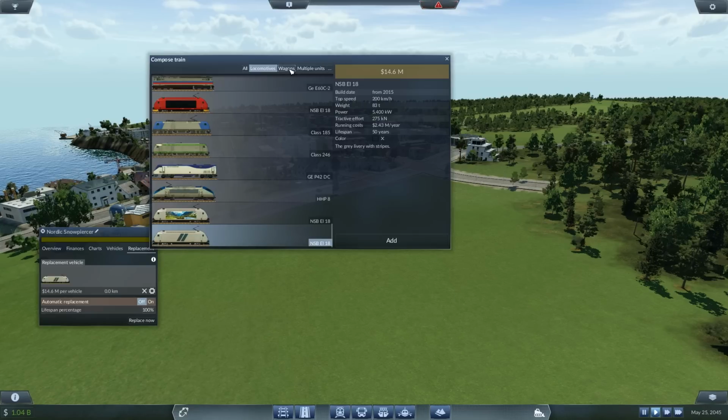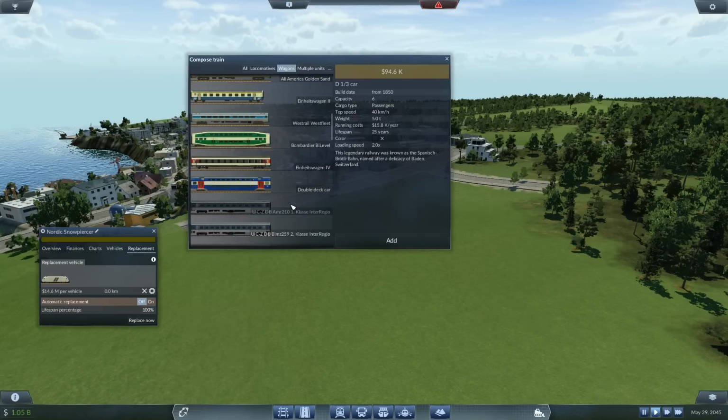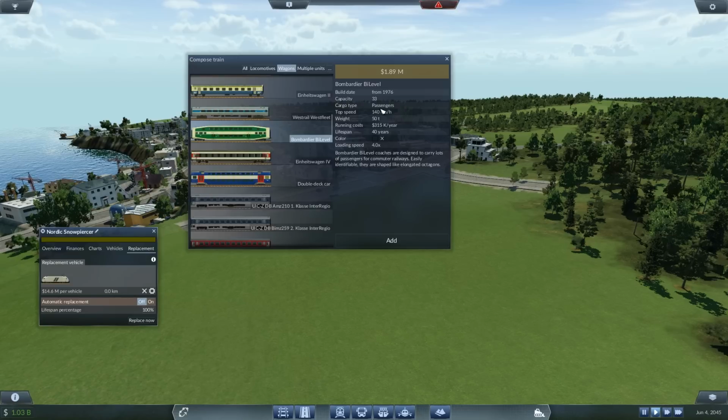Now, this is the point where I'm going to drive people mad, because I'll probably end up putting the wrong carriages on here, and that will only be because I haven't got the proper ones. Let's go. I could use these Bombardier bi-levels, which I know are used in various places. What are you capable of? 140. The train's capable of 200 kilometers an hour, so I'm going to need something a bit more pacey,